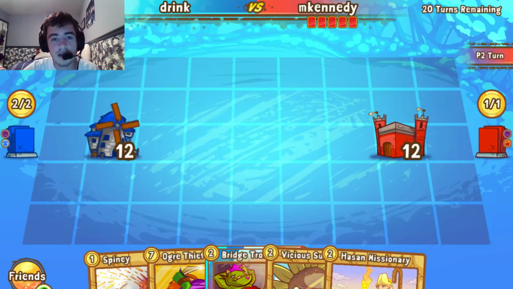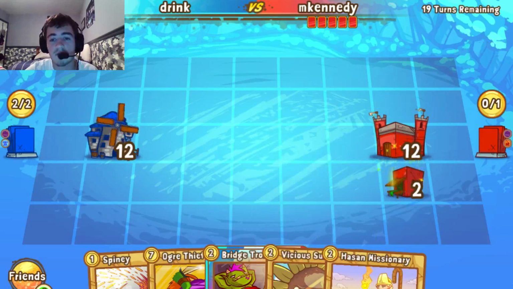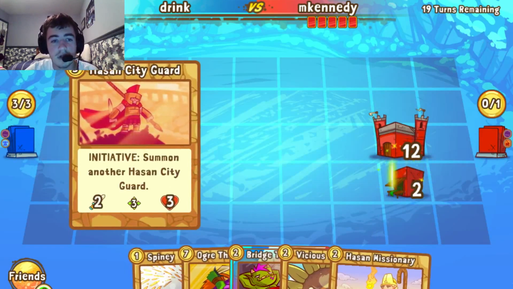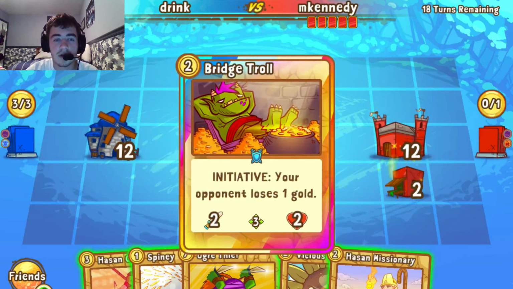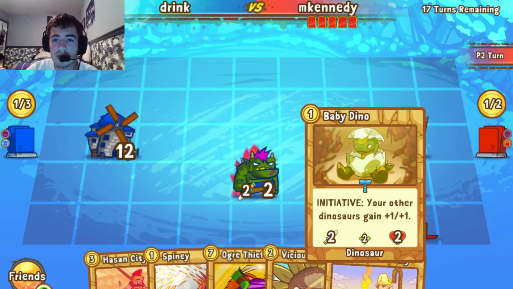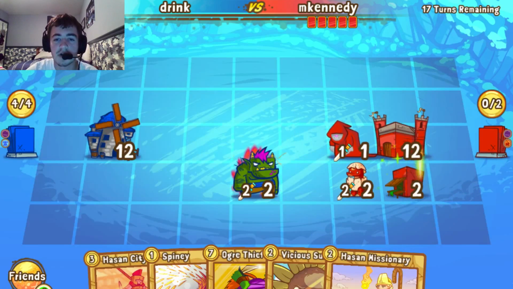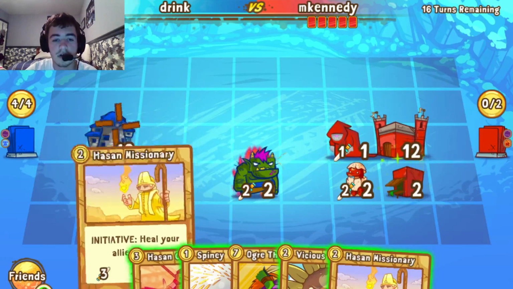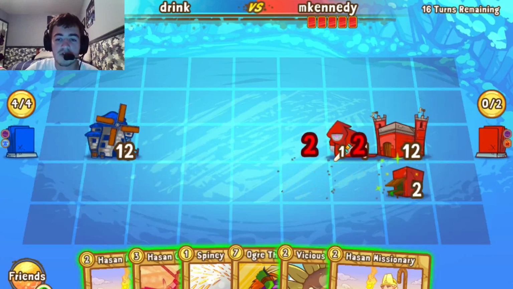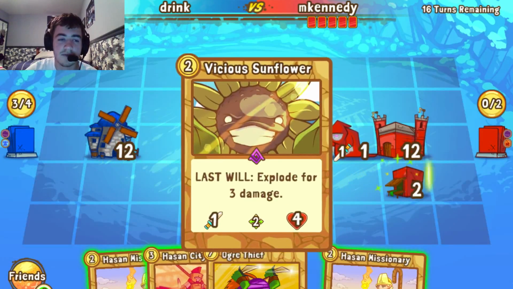We have a pass from Drink for his first turn. mkennedy will bring out a Rat Hovel instead though, so he's going to start generating some rats early on. Bridge Troll is going to put some threat on that Hovel, however. Meanwhile, mkennedy's working with 1 gold. He'll pull out a baby dino. Not that smart though, since he's not getting the heal. However, Bridge Troll will trade with that baby dinosaur, and a Spiny as well as a Vicious Sunflower will come